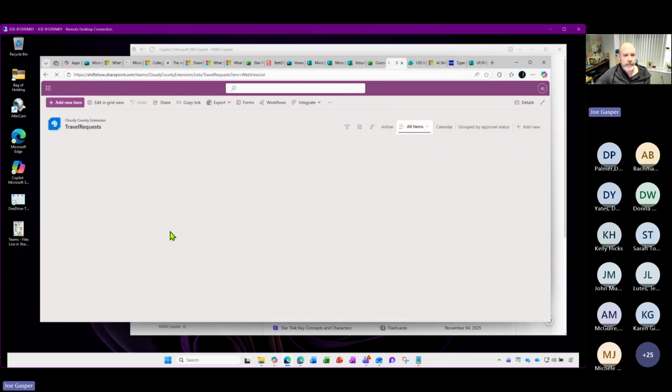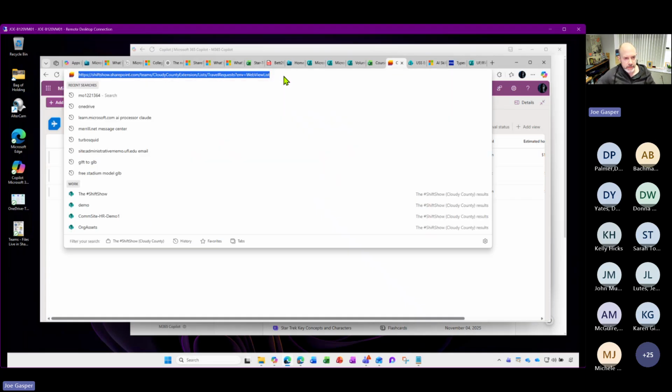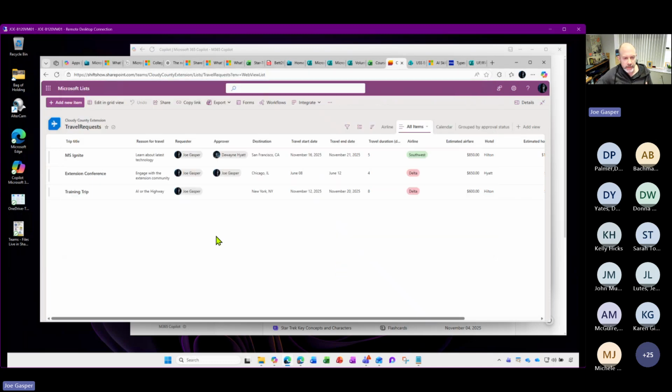So what does a list look like? Here is, I think, one built on a template. If you go to Lists, you can create templates, use templates. One of the templates was travel requests. Now you might just share this list, like a file or a document, with anybody. You could share this list and people could come in here and add items to it. But if you share it, usually the default is they could also edit things